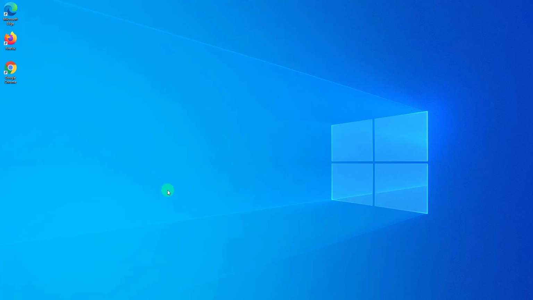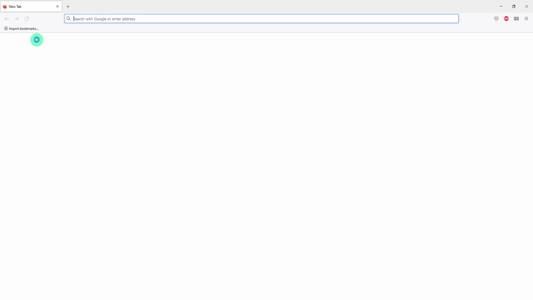In today's video we are going to take a look at how you can install Ghostery on Firefox. This is a really powerful add-on that can stop sites from tracking your activities, blocks ads, and also speeds up the pages that you are visiting, giving you a better experience while browsing the net. To get started, you have to open Firefox first,